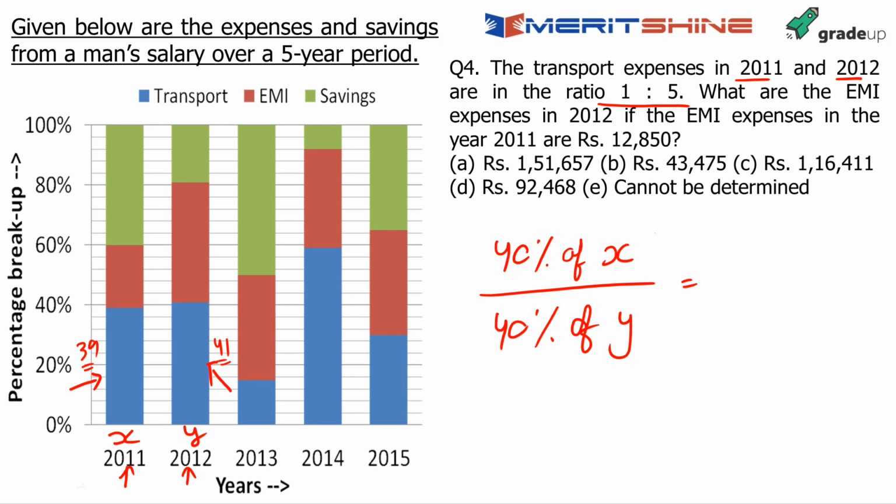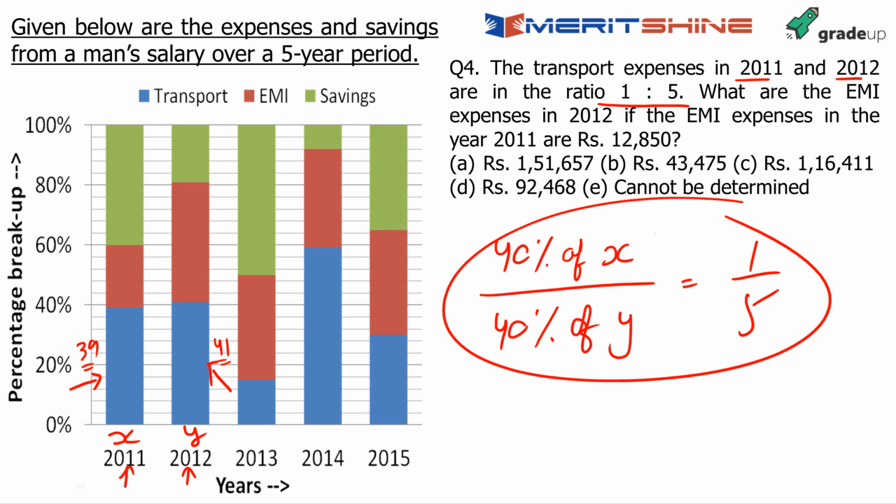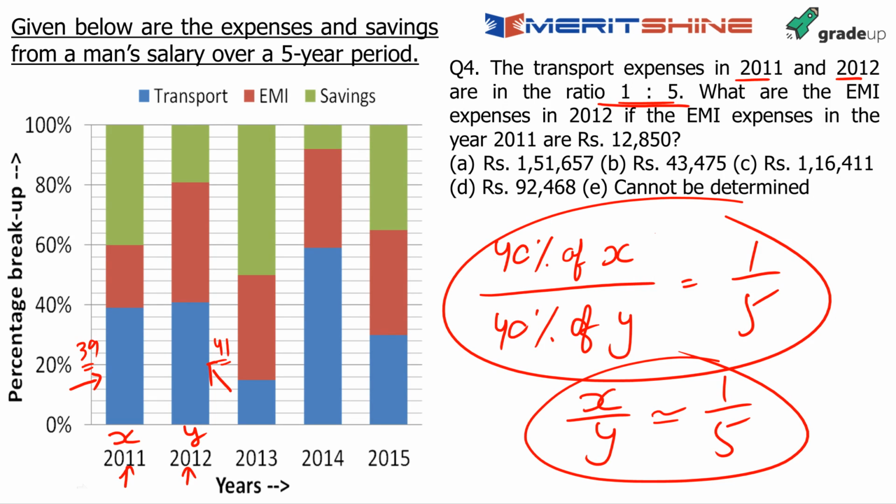Look at it very carefully. Is 1/5. That's what's given to you. 39 को मैंने approximately 40 माना. 41 को भी मैंने approximately 40 माना for the ease of understanding. तो इसका मतलब हुआ कि 40% of X upon 40% of Y is already given to you as 1:5. What it means, in other words, is that X is to Y would be approximately 1:5. यही मतलब हुआ ना इसका. If 40% of X upon 40% of Y is 1:5, X is to Y has to be 1:5. और कुछ हो ही नहीं सकता. There is no other possibility.